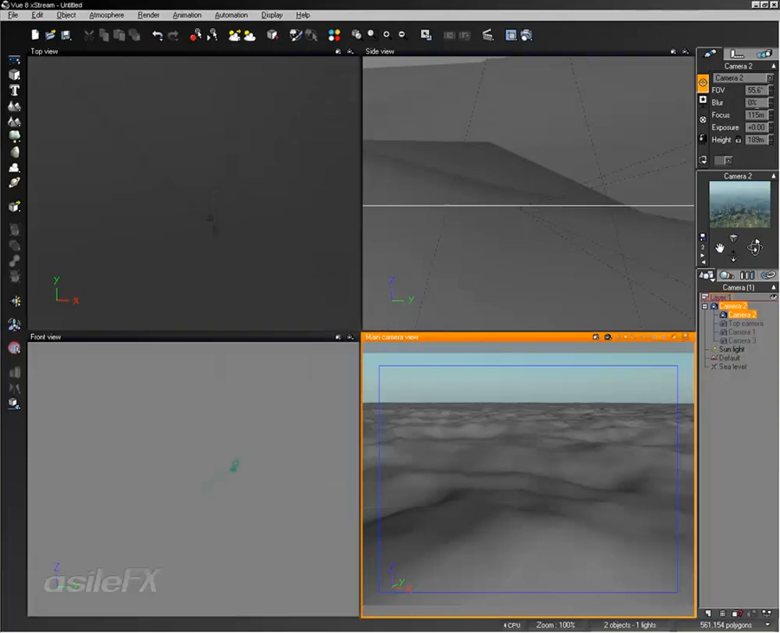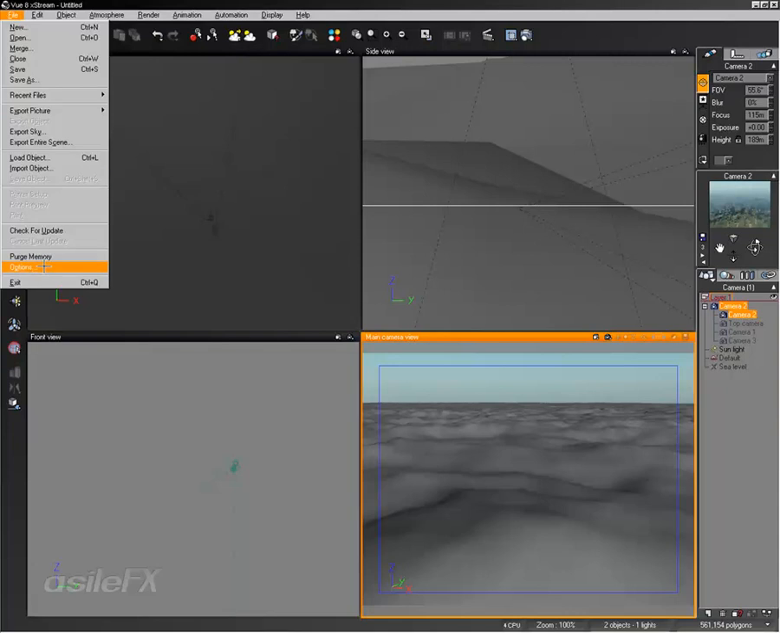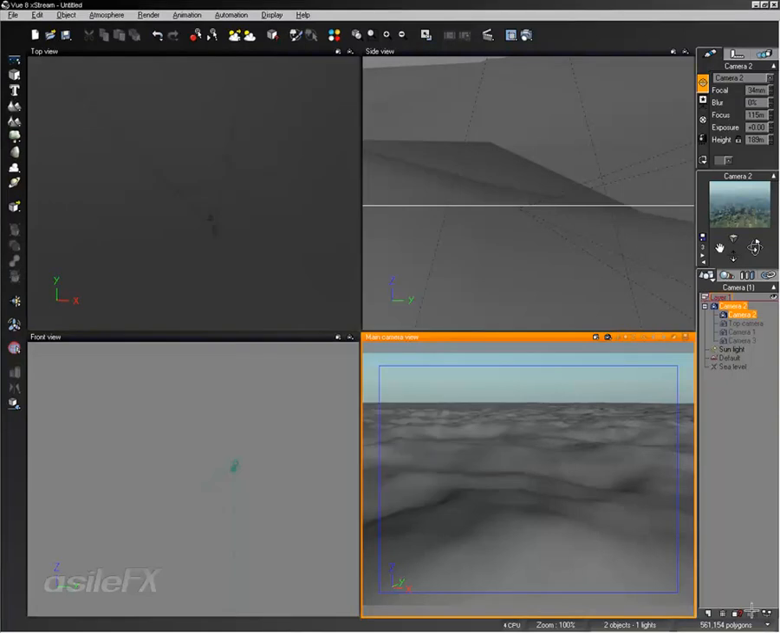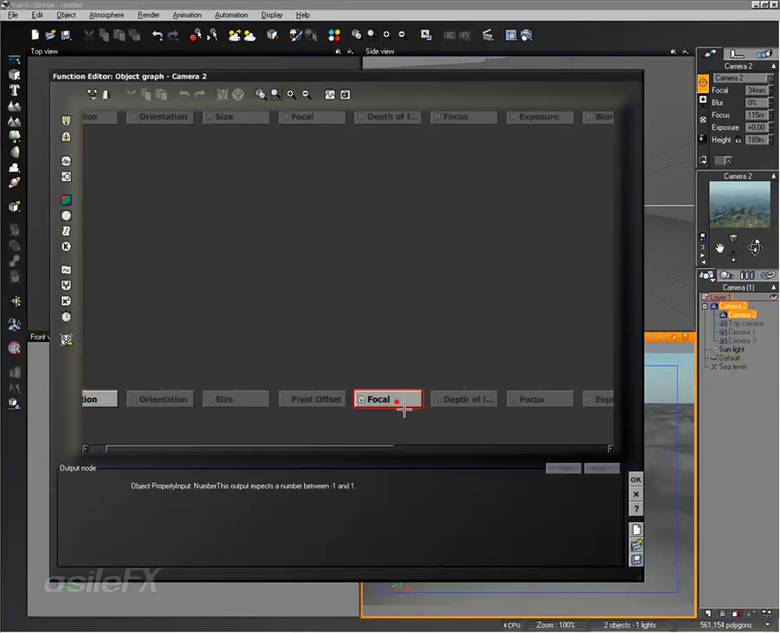So now it's 55.6 degrees. So if you want to work with field of view rather than focal length, you can set that option. I also want to make a note that if you're controlling the focal length with a graph, which is the number output in the object graph,